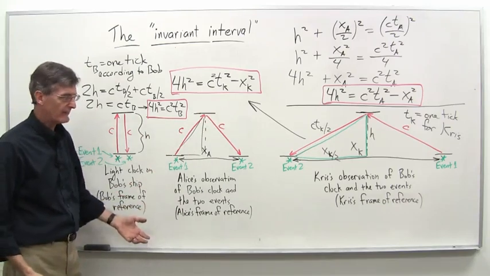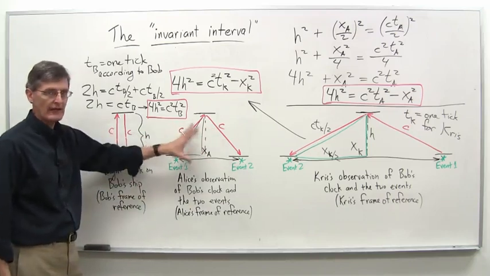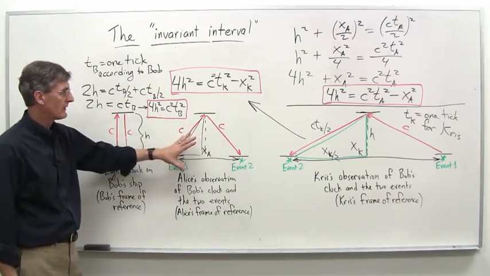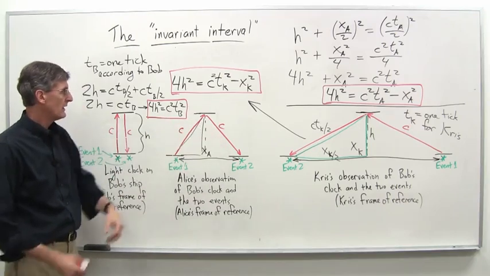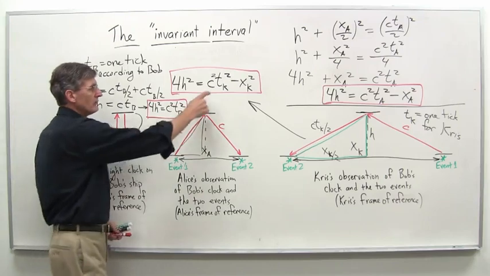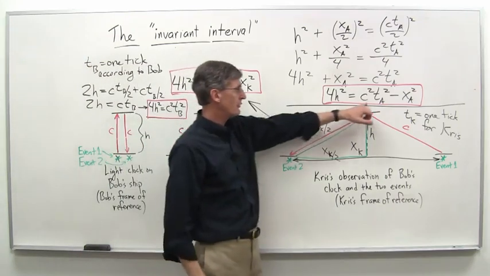Fancier way to say that, it does not change in all these frames of reference. All of them see H as the same thing. And therefore, 4h squared is clearly the same for all of them. And so what does that mean? It means c squared t sub k squared minus xk squared is the same as c squared ta squared minus